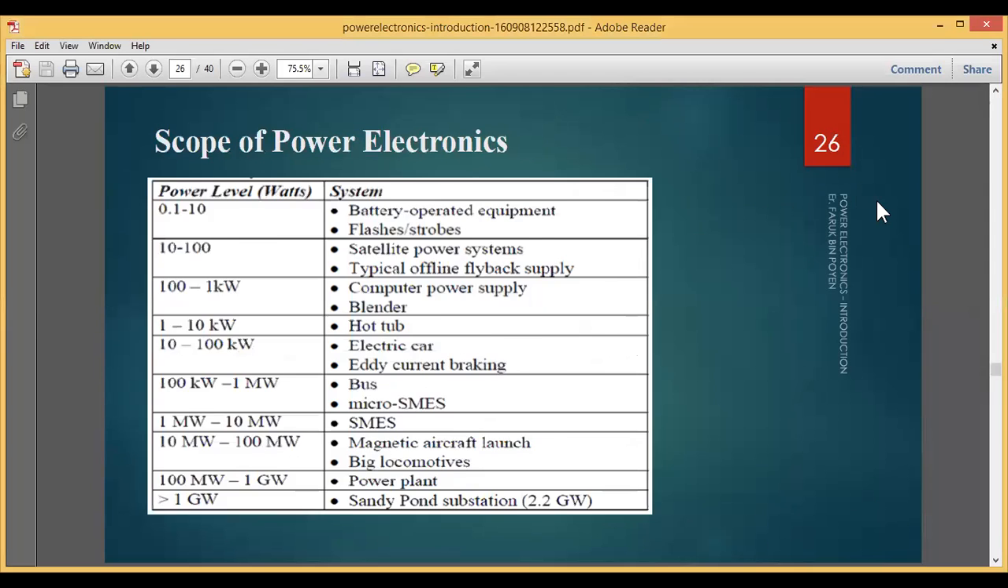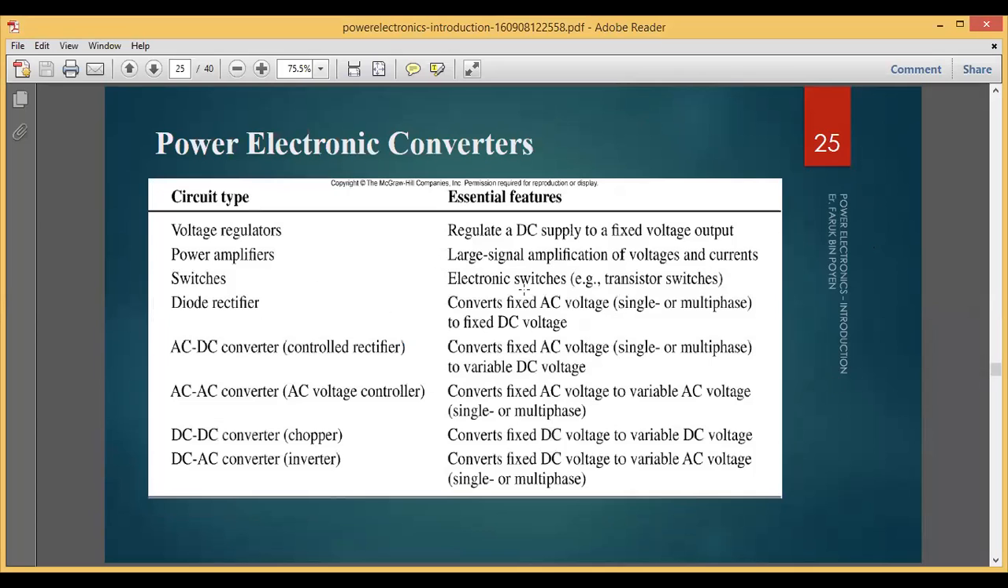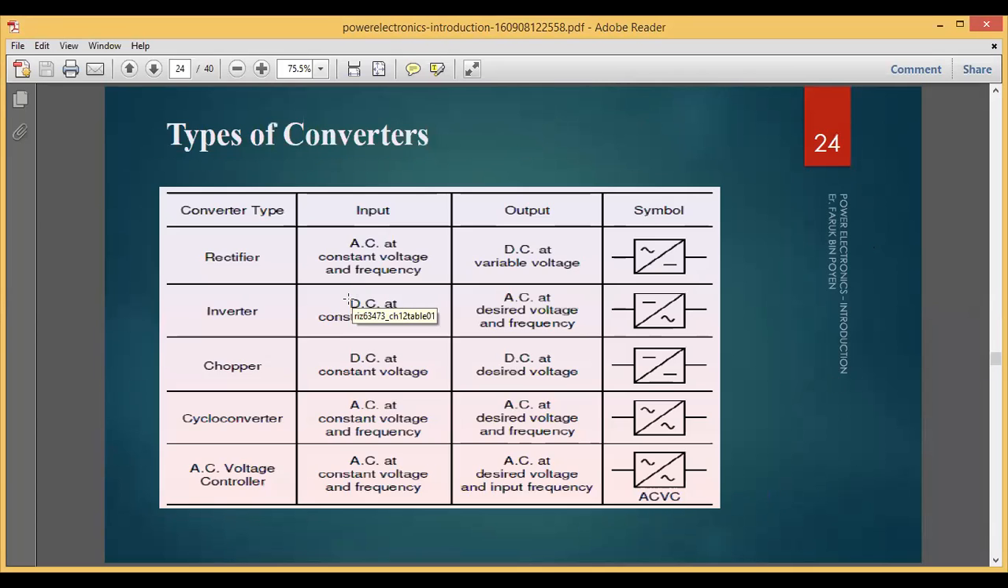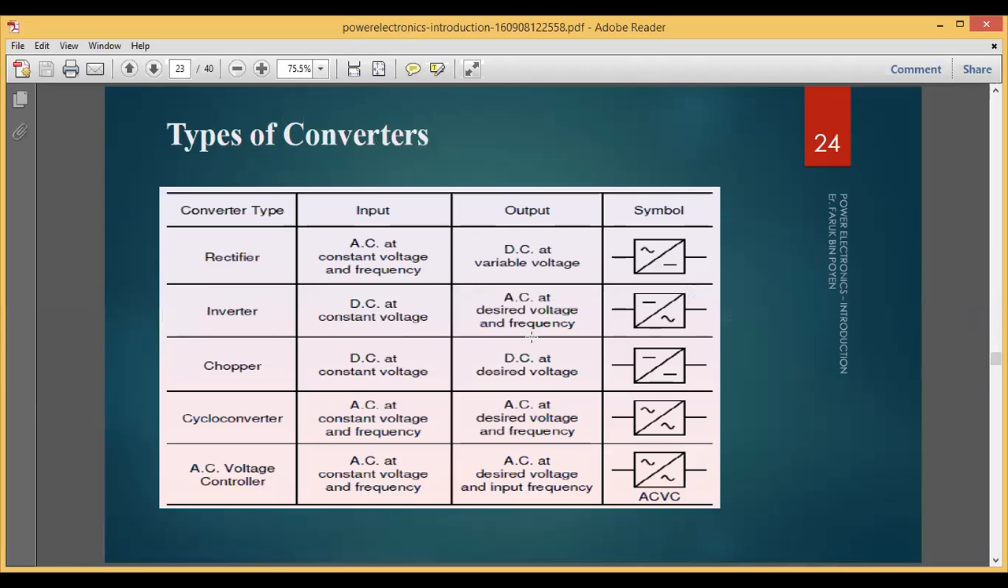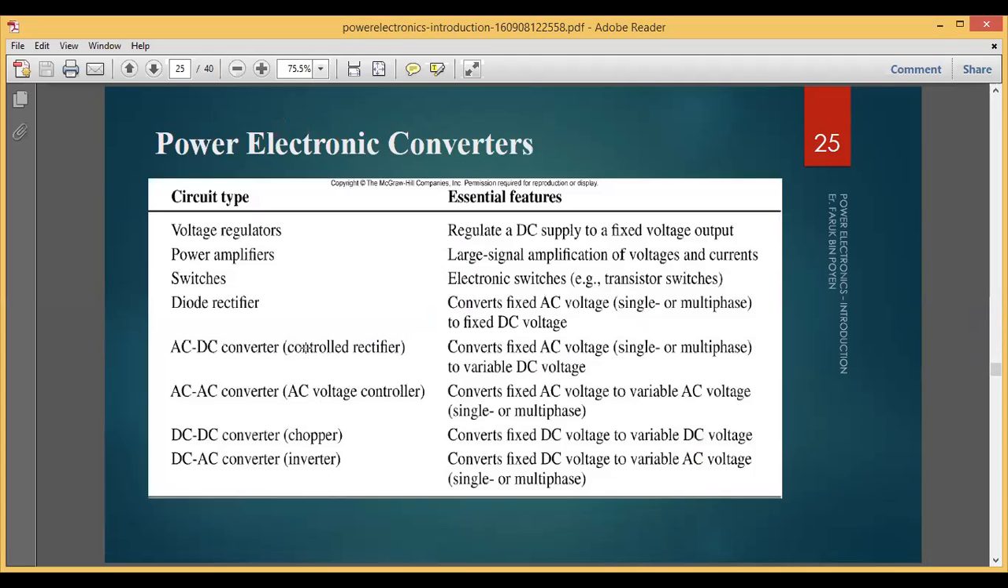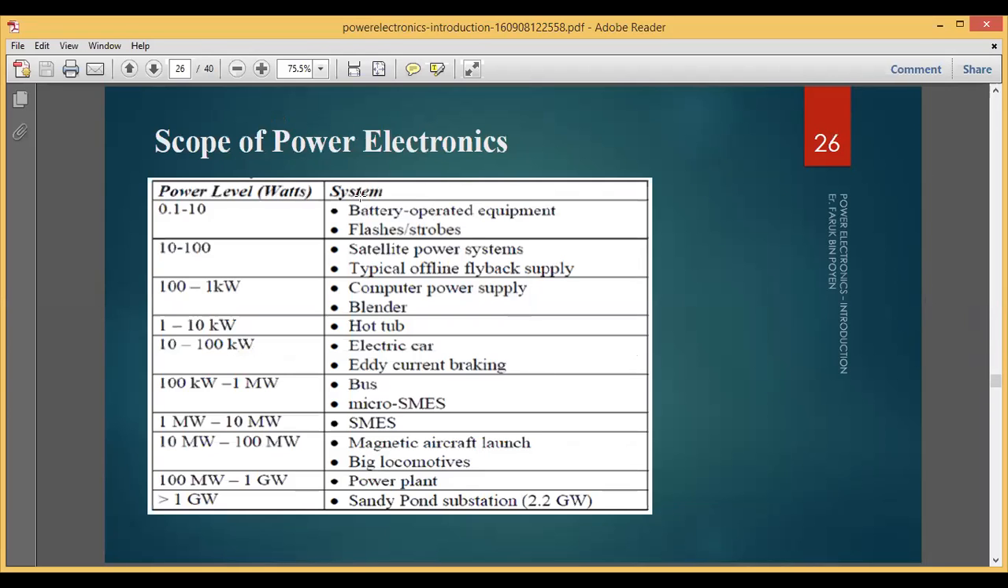These things are important to study. If you study all these basics of power electronics, that is, which device converts AC to AC, AC to DC, DC to DC, and DC to AC, and how the signal appears at the input side and at the output side, and what the benefits or features of those power electronic converters are,